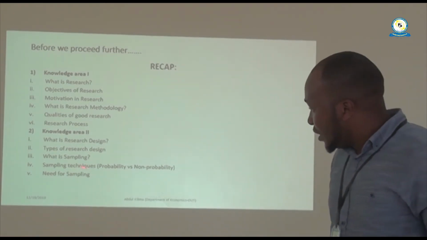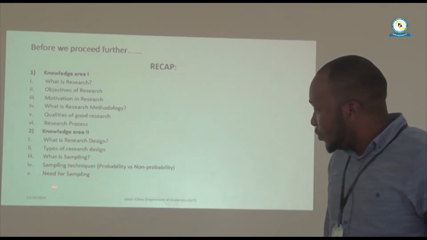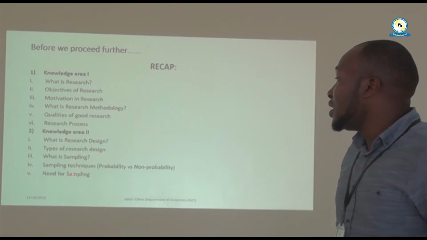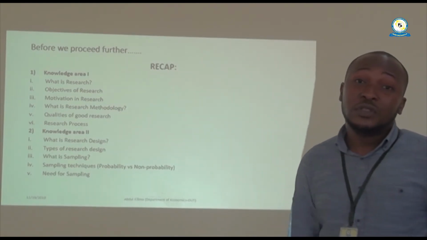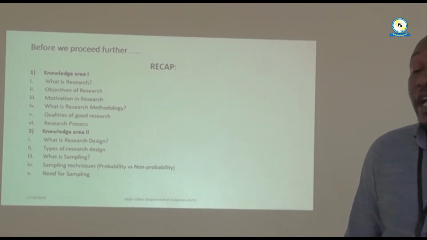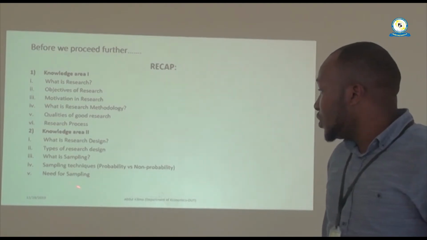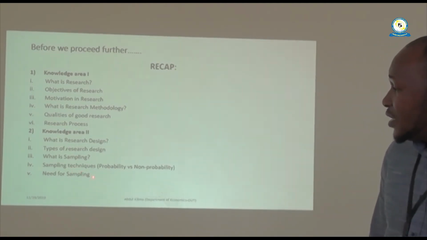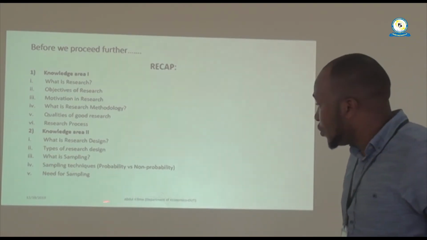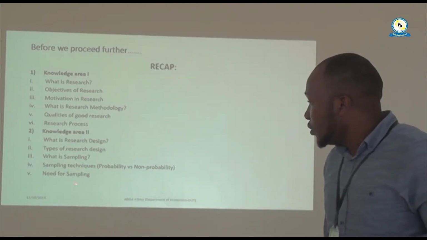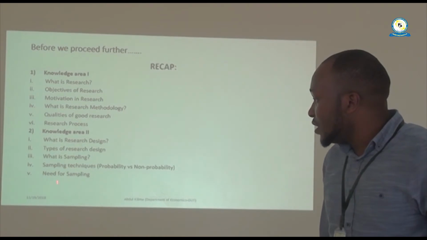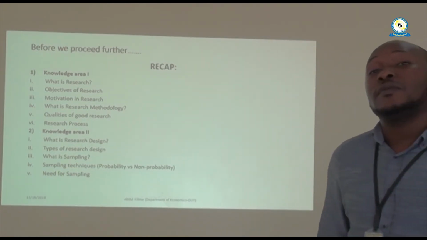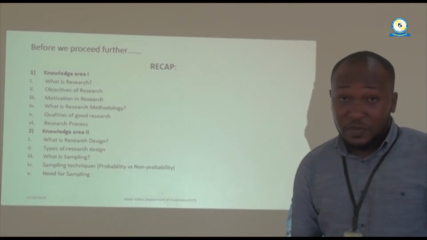The last thing we saw was the need for sampling. Why do we do sampling? As we said, we could not collect the data for the whole population. That would be very costly. It will take us a lot of time and resources. But sampling helps us to get accurate information, and it is easy to control those interviewers, for example, when you're doing a questionnaire. And we concluded by saying that